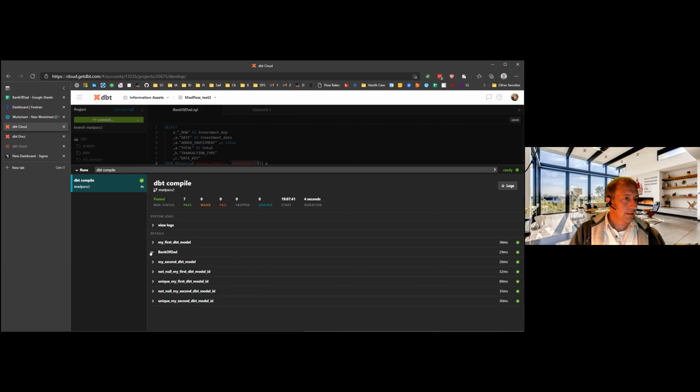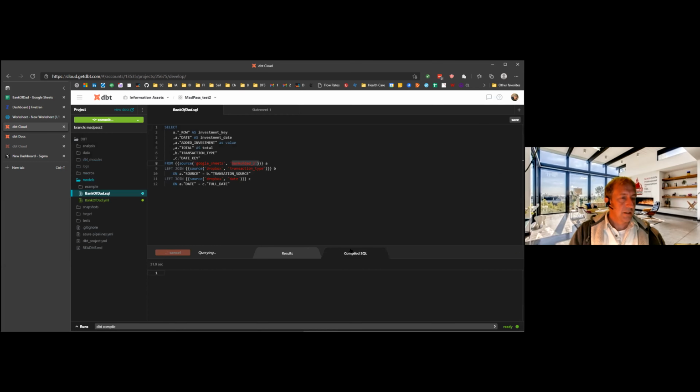Details. I believe that compiled SQL actually gets put into a target folder within your project. Oh, okay. I'm trying to remember what enables me to see this. Is it just when it finishes querying? Yeah. On the left there, you have that target folder. You can actually see all the compiled code in there. Oh, okay.